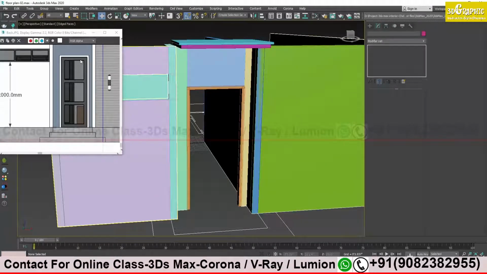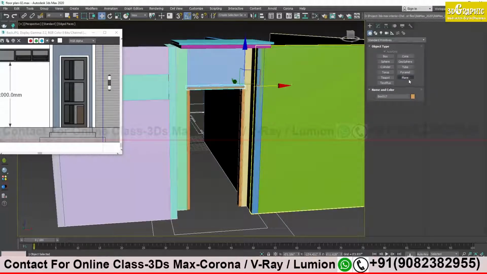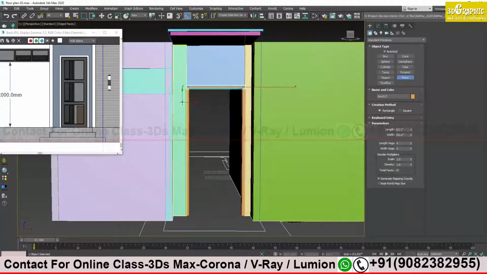Now this one is very simple. We did this before also. We have to create this glass and the panel. The panel will be the same. With the help of this we can create the panel, but let's create the glass over here. So I go to the plus sign and take a plane. I do not need a thicker one, I don't need a box. With the help of a plane I can create it also.